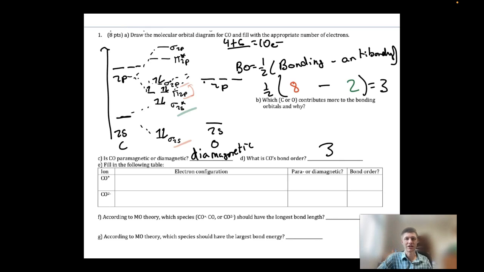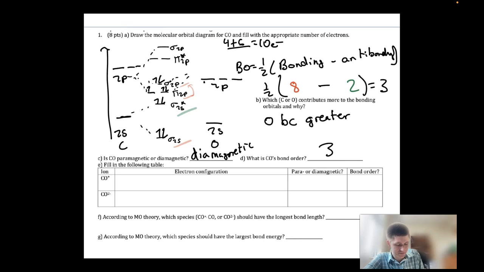That's because oxygen has a greater Z effective, which means that its orbitals are lower in energy. It'll take more energy to pull the electrons away from oxygen. And so as a result, the key rule for MO theory here is that the more electronegative element, or the element with the greater Z effective, contributes more to the bonding orbitals. So O, because